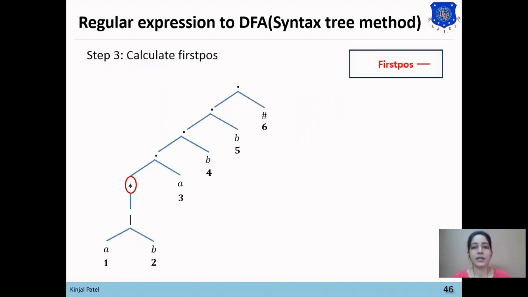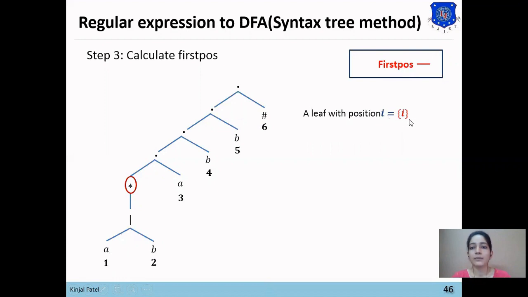The third step is to calculate firstpos and lastpos. First we will calculate firstpos, and we will denote firstpos with red colored font. The first rule to find firstpos is: if our node is a leaf node, which in our example are A, B, A, B, B and hash, with position i, then i will be the firstpos for that node.